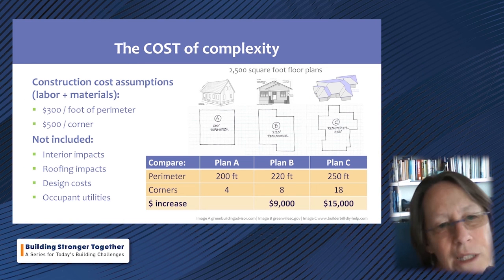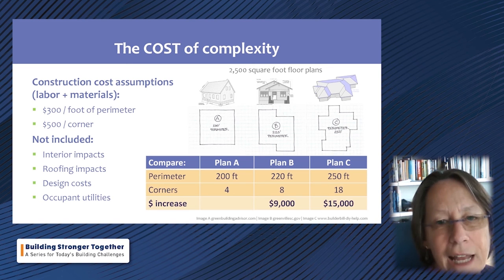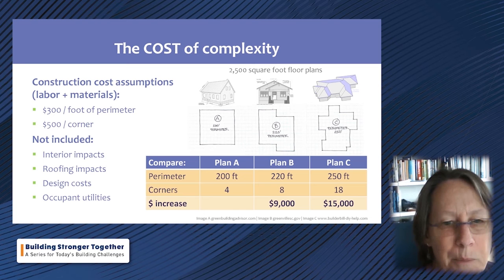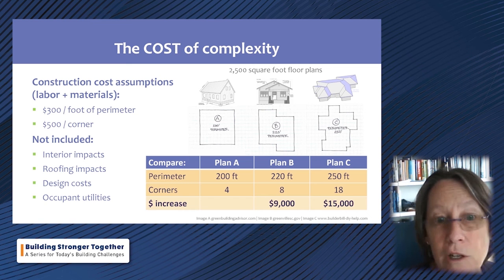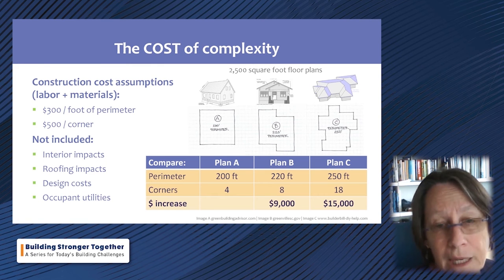I said, okay, well, let's just say for the sake of argument that every extra foot of perimeter costs you $300, right? And every extra corner costs you $500. And these are just rough numbers, approximations. And I'm not thinking about the complications on the interior, the roofing complications, the design complications, right? Because that's a lot more drawing and detailing, or the implications for the utilities of the occupants of those homes